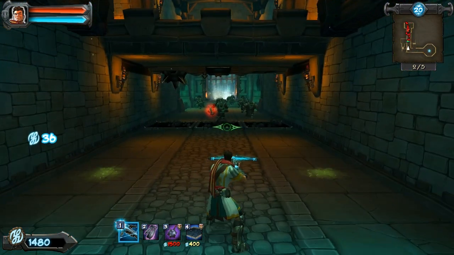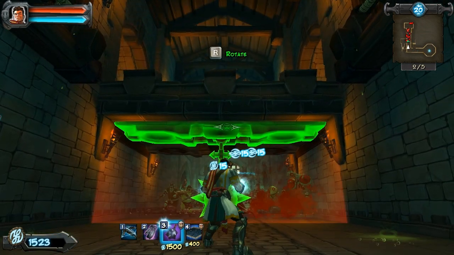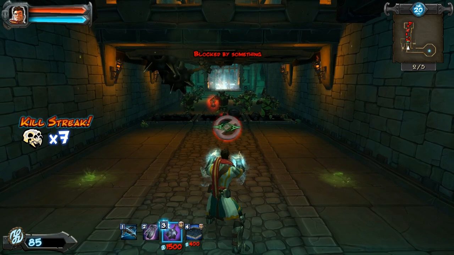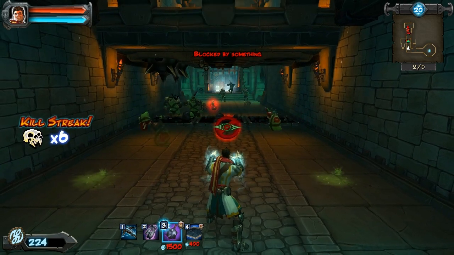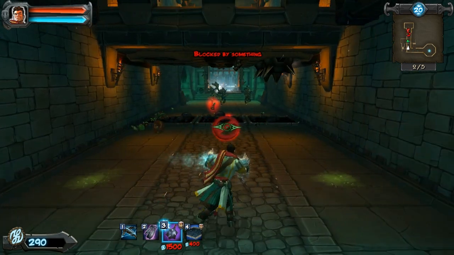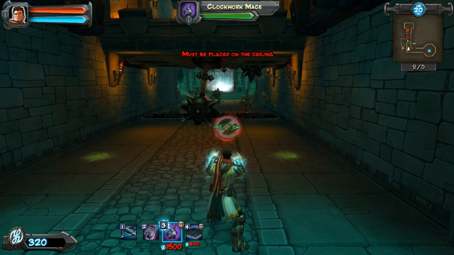Now, this doesn't work for the bigger ogres. It will hurt them a lot, so what I like to do is stand there with my crossbow and stun them so they get hit multiple times by the Clockwork Mace. You can see I put 2, they are up now, and it is GG. That is it. They're still shooting arrows at me, which I can easily dodge, but that is the basic premise